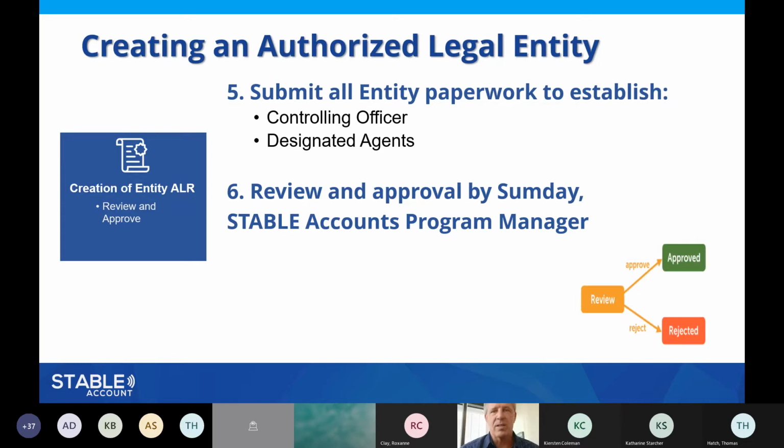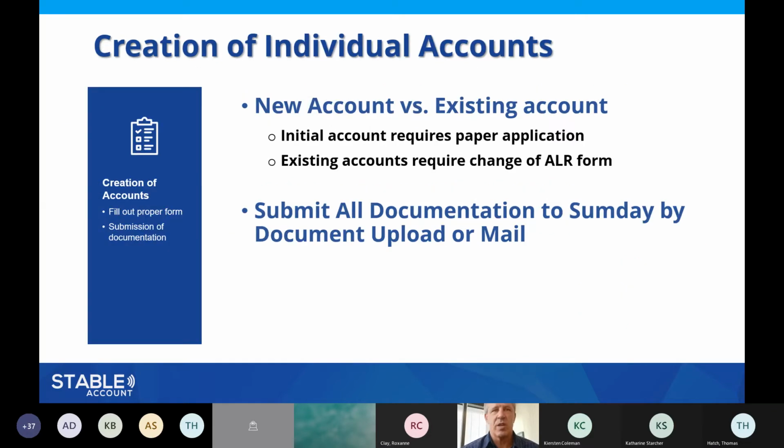If not, that can be done even after the fact, no problem. So once reviewed, then you can go ahead, as mentioned, to the creation of that individual account. This can be, as mentioned, done in connection with the initial application, or it can be done after the fact. But the initial account does require that paper, and then any subsequent one can be done online.